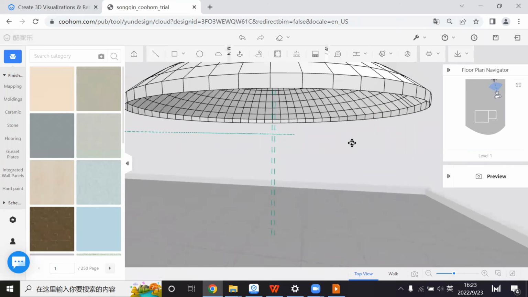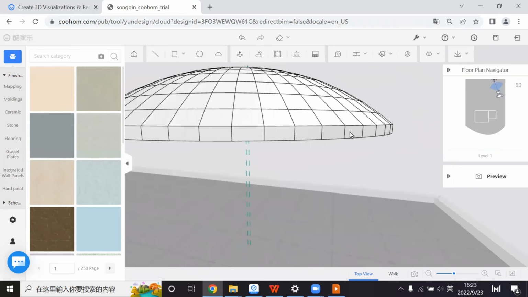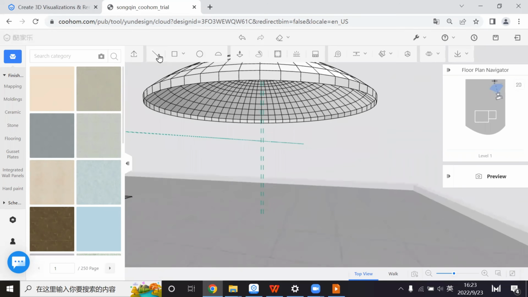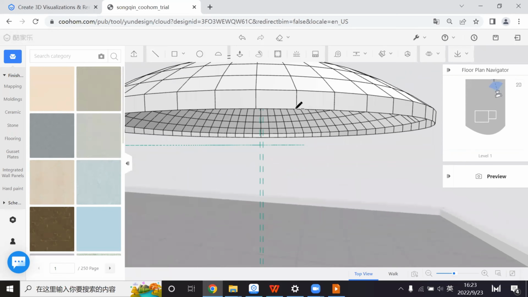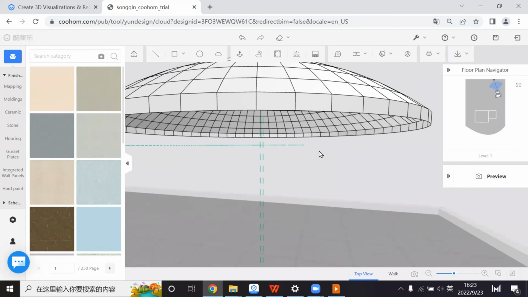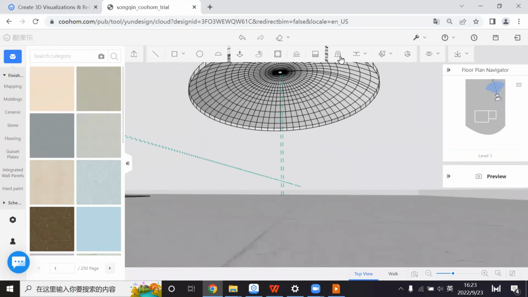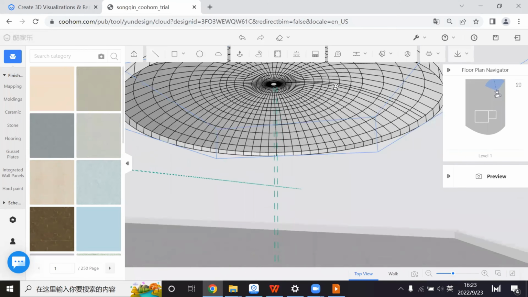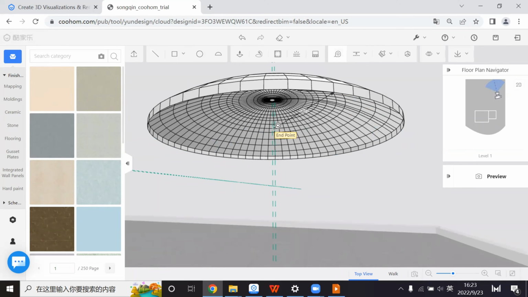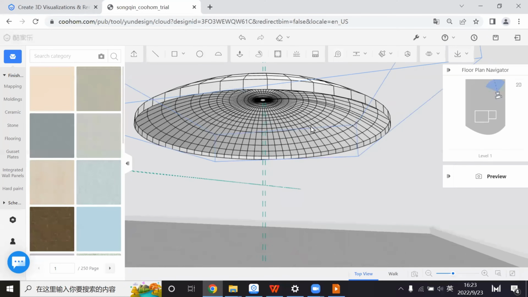Or if you can't draw it out, don't worry. If you can't, you can just use the measure to try to find out what the exact radian is. Okay, the exact radian,